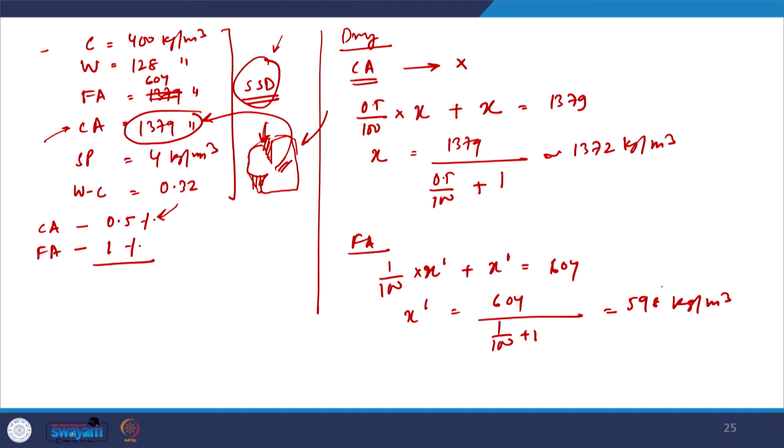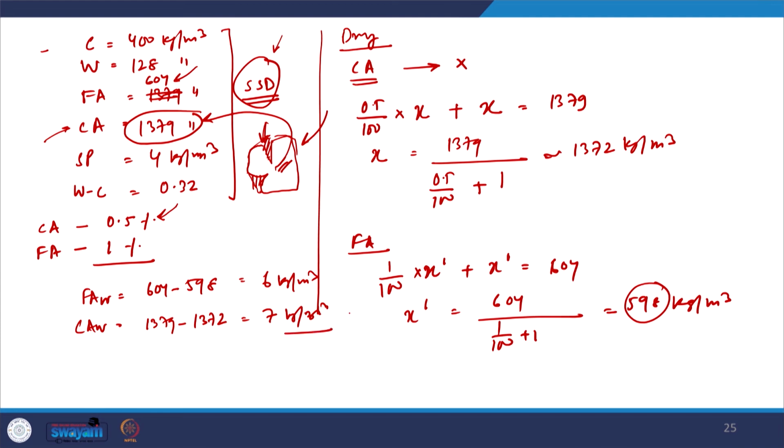Now, this difference of 598 with 604 is the amount of water that is present in the SSD condition. So, the amount of water in the fine aggregate is 604 minus 598, which is equal to 6, and the amount of water in the coarse aggregate is equal to 1379 minus 1372, which is equal to 7 kgs per meter cube,